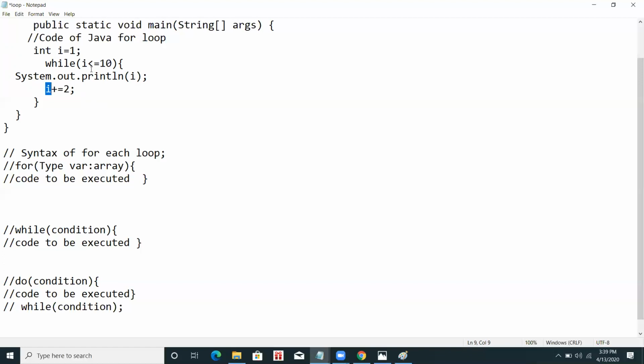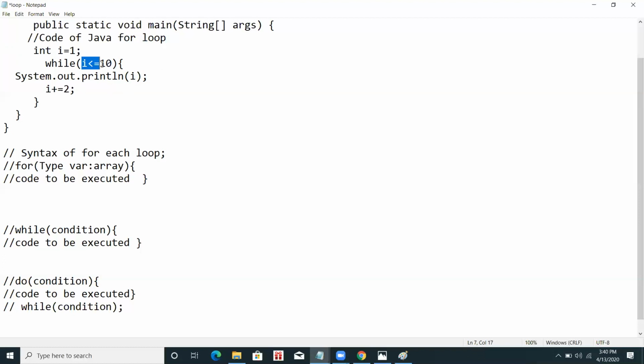Now why do I use this? I could do this work with for as well, but sometimes we have a condition and we do not know when the I value will become 10. So I cannot use a for loop here, because for a for loop I have to give fixed conditions.